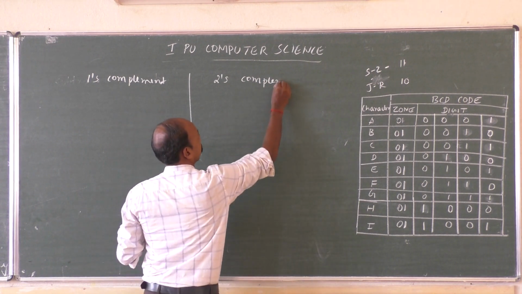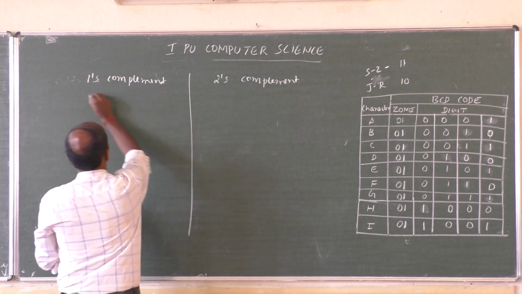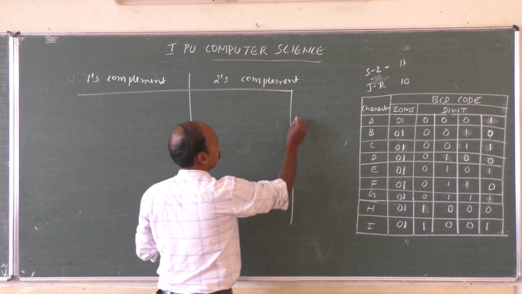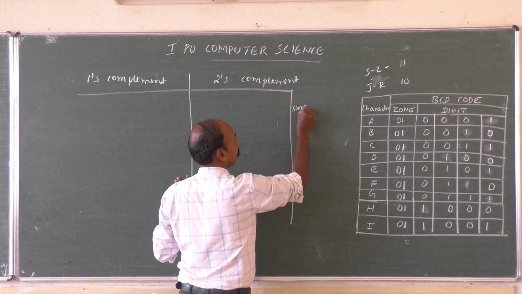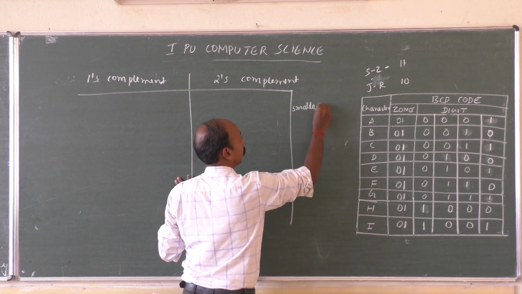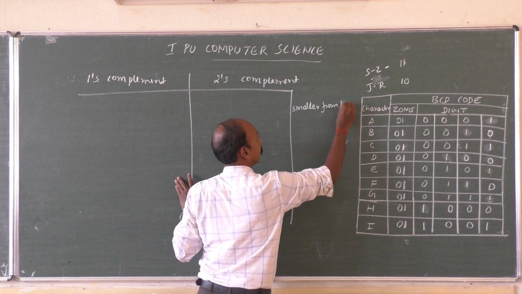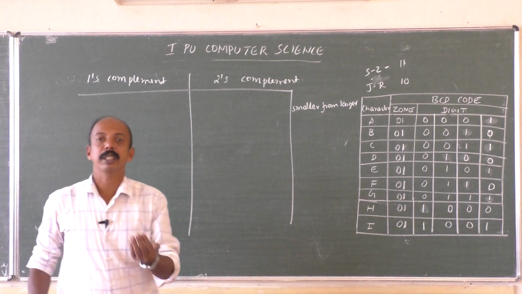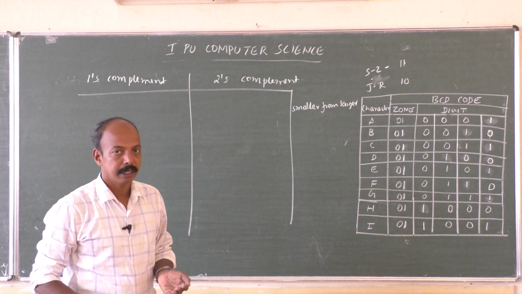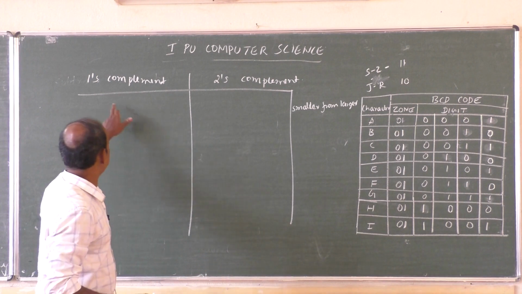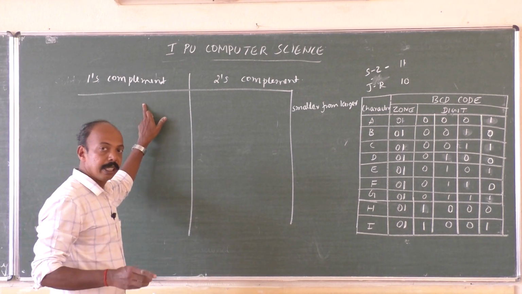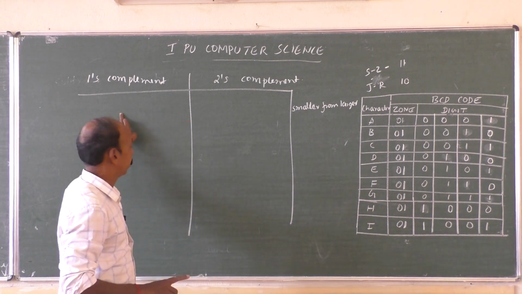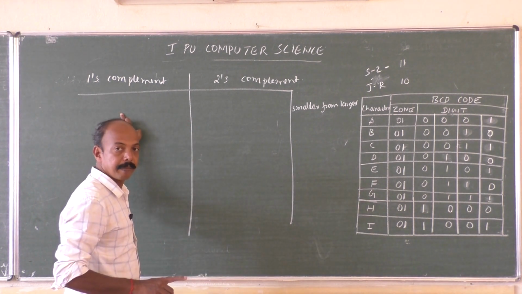In this case, when we are subtracting a smaller number from a larger number, that means we will get a positive value. In case of 1's complement, whenever we have the subtrahend, we have to take 1's complement of the subtrahend and add it to the minuend, isn't it?